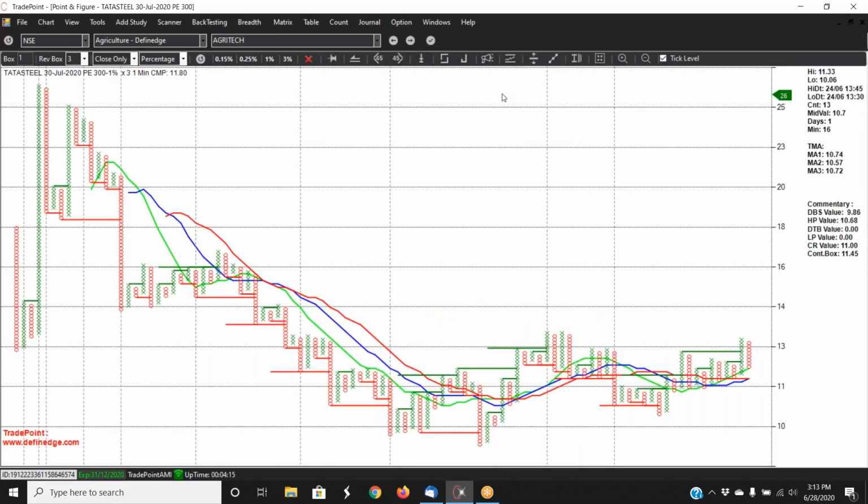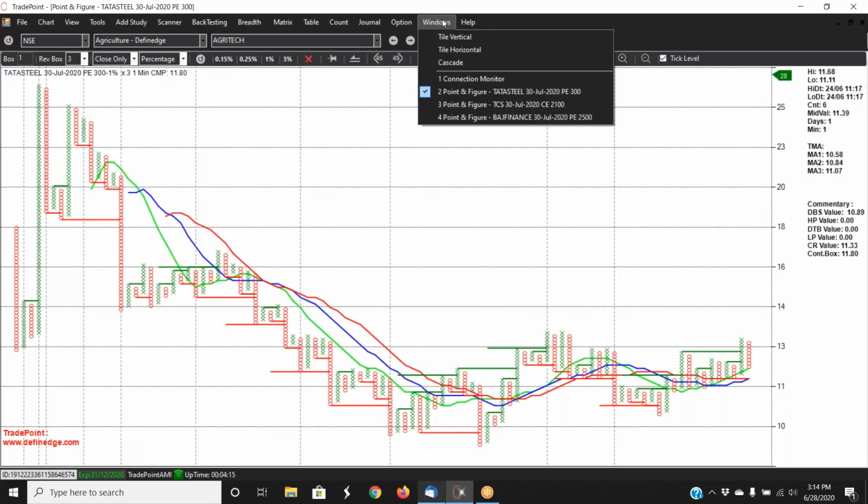Another stock which is a bit bearish for me, Tata Steel. This is a Tata Steel 300 put, which has made something like a higher low. So this was a low which it made on Wednesday. Thursday, not much happened. On Friday, it also made a higher low, which was higher than the Wednesday low. So if it moves above 15, above these previous two highs, then it can give a good trade to maybe 20, 25, and the stop loss will be below this lowest, or maybe even the Friday low, which is 10. So this will be a good risk reward with buy above 15 with the stop loss below 10.